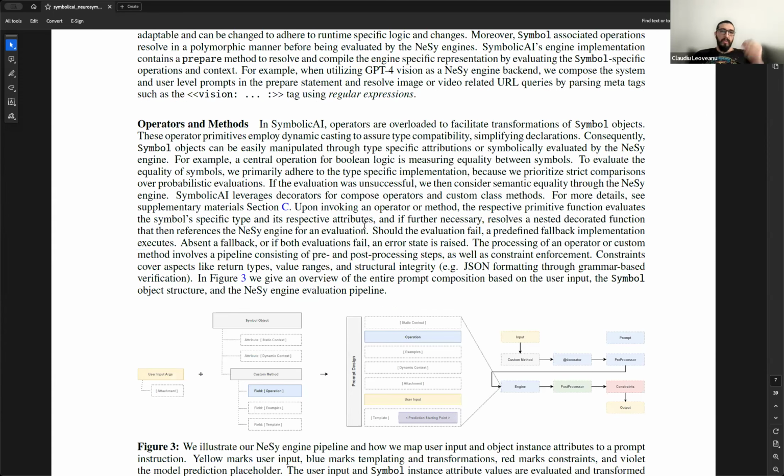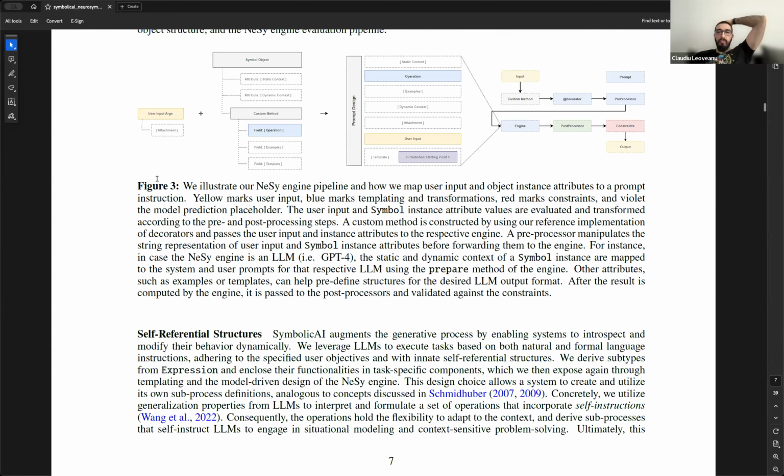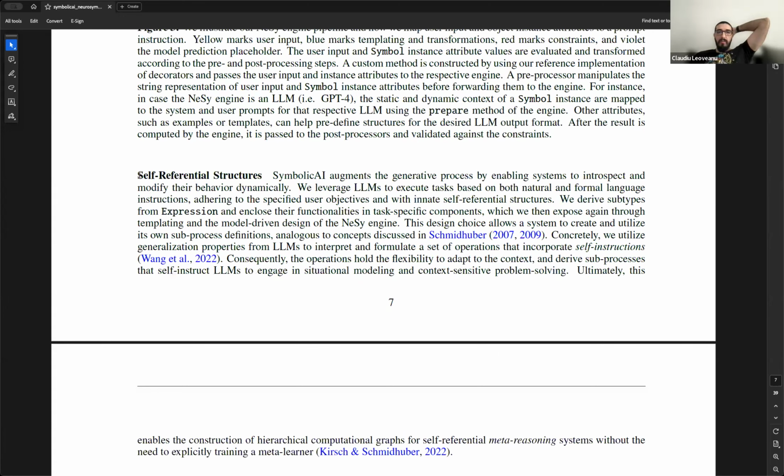But it's also about the realization, because if you think about the persona examples that we did, you can have two personas, and the third persona can be your meta agent that supervises the other two. So yes, I would say the self-referential structures are exactly what the name means. They are structures that you can realize if you have the right tools, and in this particular case, SymbolicAI allows you to create self-referential structures.